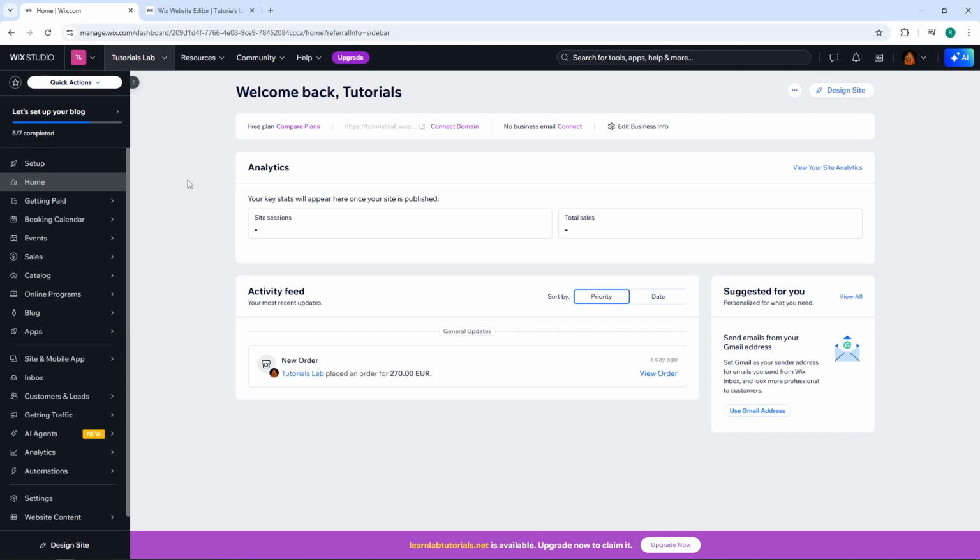Today I'm going to teach you how to add a language switch option on Wix. This is incredibly useful if you're running a multilingual website and want to give your visitors the ability to switch